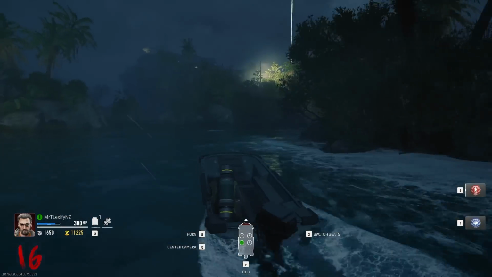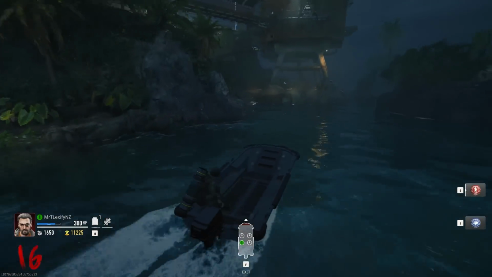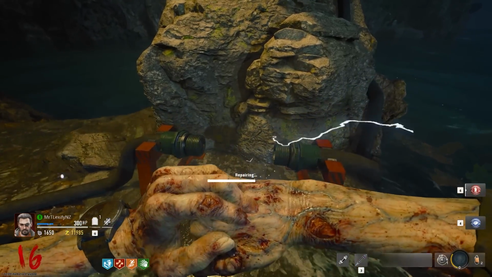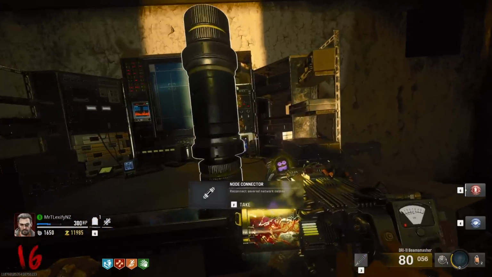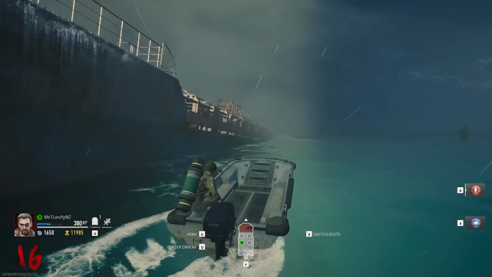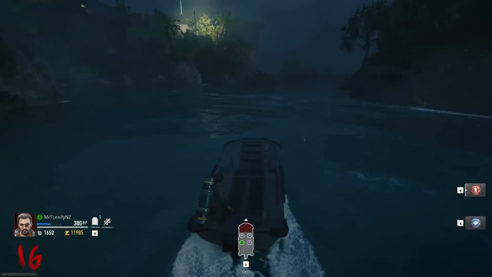Now if you did not get that first area, the second area is just here right below the sea tower where you have to rebuild it. You'll notice if it's the right area if a lot of zombies start spawning. Then go back, grab the second node, and then go towards the ship, and the last area is right next